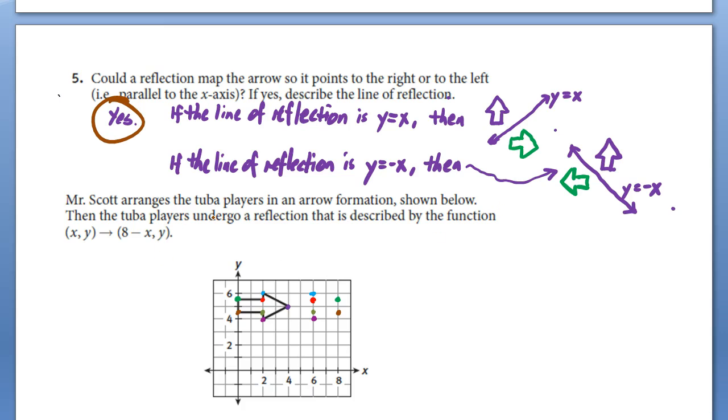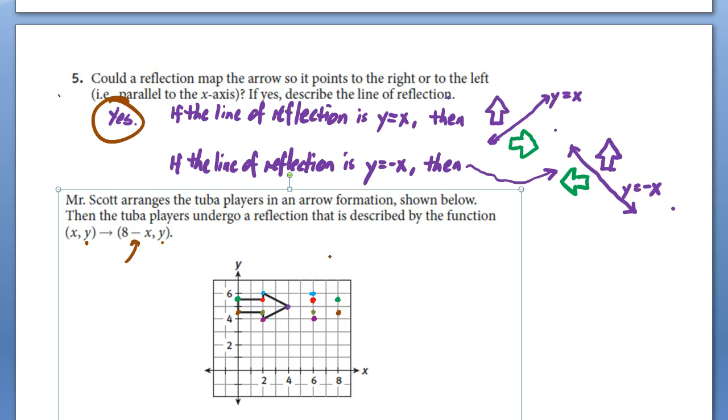Mr. Scott arranges the tuba players in an arrow formation shown below. Then the tuba players undergo a reflection that is described by the function (x, y) goes to (8 minus x, y). So I notice that the y coordinates are going to stay the same, so the tuba players are going to stay on the same level, right? They're going to have the same y value, but the x coordinate of their location will change using this formula,